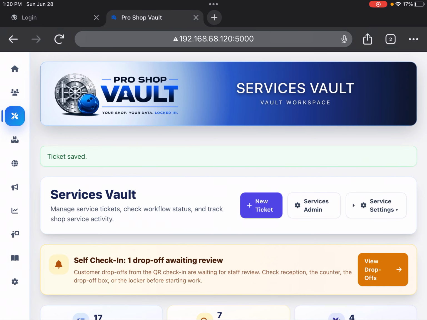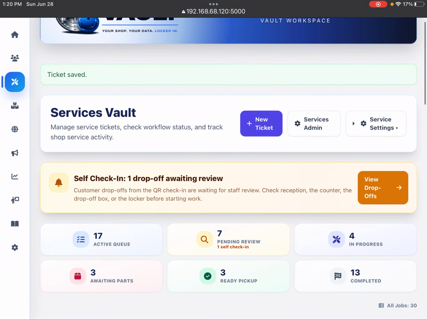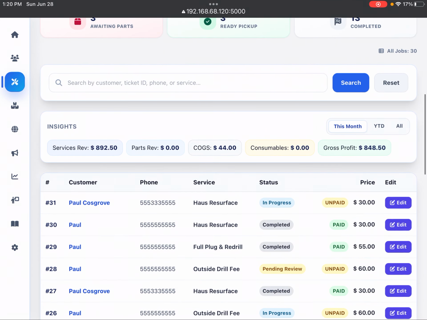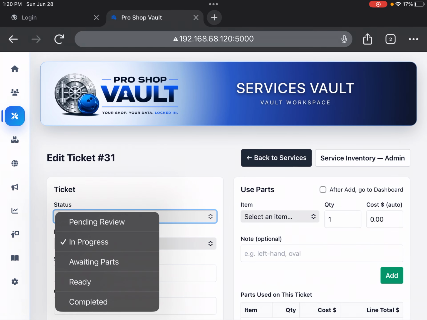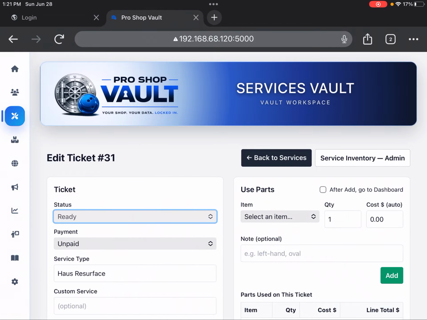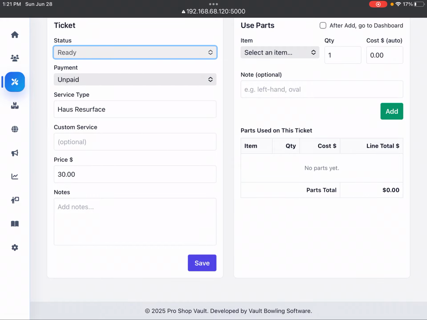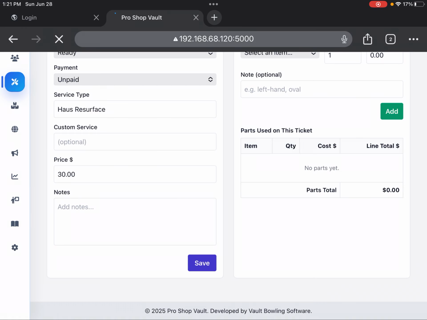the customer will now get a text message saying that the work is in progress, and they'll be kept informed as it goes. And then when you finally finish it, you just go back to your main dashboard, edit that item again, and say it is now ready. Or if it was another type of service and you ran out of inserts or whatever, the inserts are on back order, you can then let them know by clicking the awaiting parts, and then they will receive a text message explaining that. But in this instance, it is now complete. We say, it's ready for pickup, not complete. Ready for pickup. We can add some more notes here if we wanted to. We save that, and